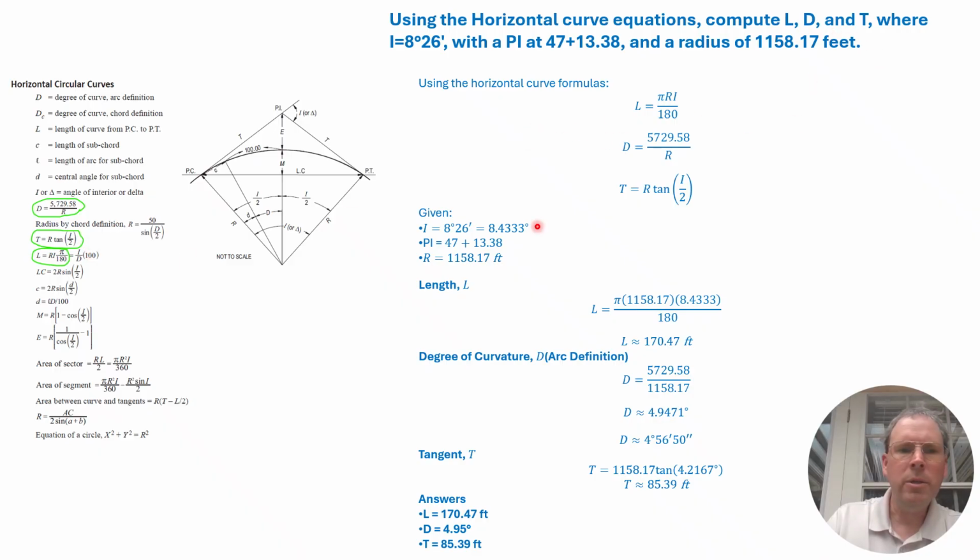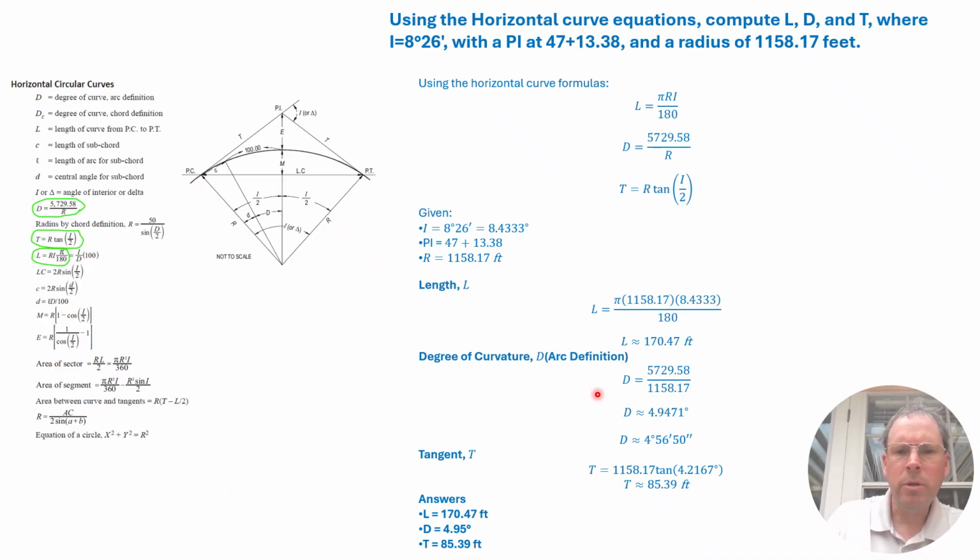You need the D, so you go ahead and pull the D equation right here. You need the T, and you go ahead and pull that equation right here. And you're given these things. Go ahead and convert your intersection angle to the degrees, and given these things, go ahead and put it in for the length, calculate a length, and then the